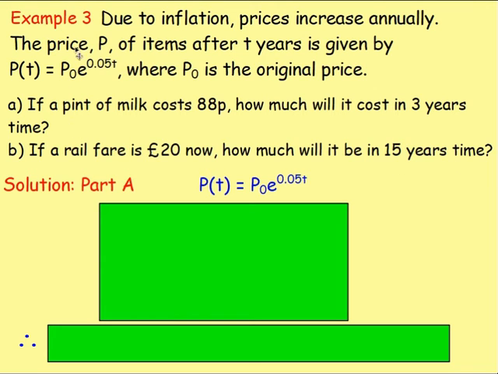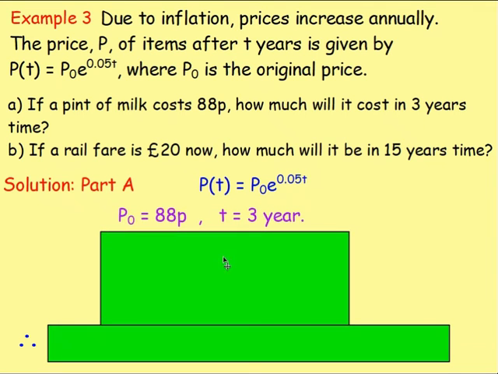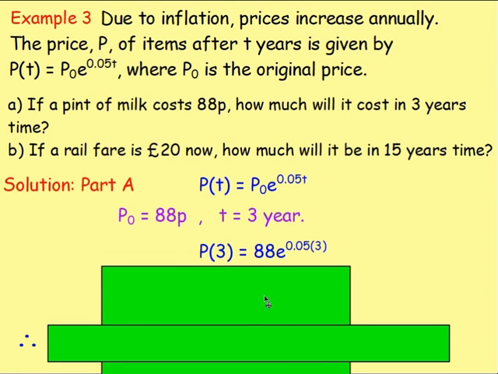Well, we're told that the price of items after so many years, P(t), the price after t years, is given by P0, the original price, times e to the power of 0.05t. After that, the price after 3 years is what I'm wanting, so replace t with 3. P0 is 88 and the time is 3 years, so I'd have P after 3 years equals 88, that is what P0 is, the original price,